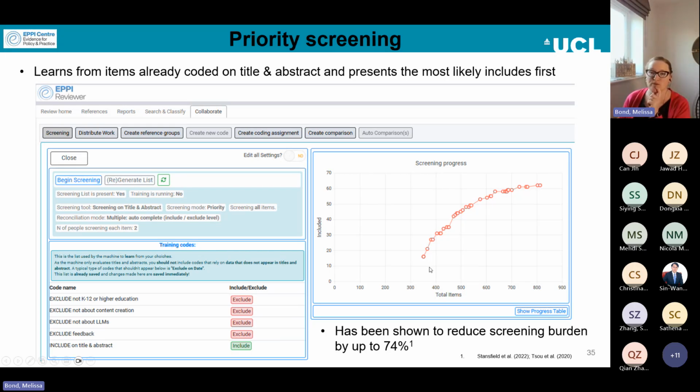Now, sometimes when people use priority screening, they will screen up to a certain point. It's what's called a stopping criteria. If they were using that approach, they would wait until they've reached a certain plateau, a certain percent, where the machine believes that no more includes are likely. It's getting to the plateau stage here, but it hasn't quite reached it. Theoretically, the idea is that you would be able to stop screening earlier. However,